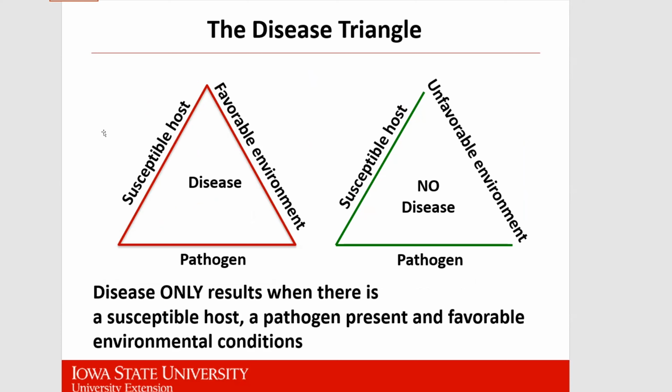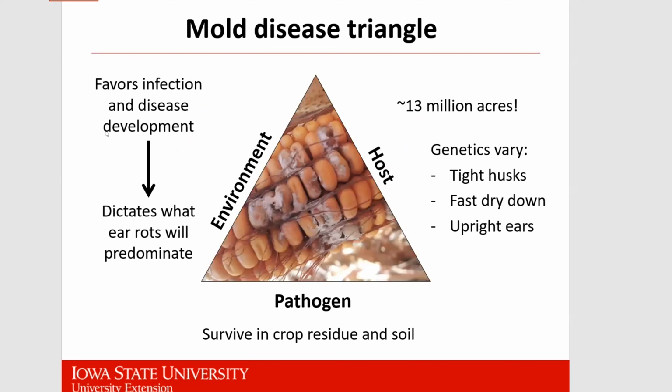One side is a susceptible host, one side is a pathogen, and pathogens are disease-causing biological agents, right? Fungi, bacteria, viruses, nematodes. And then we also have to have a favorable environment, which is arguably the most important part of the triangle, but also the part that we have the least control over, right? So just to elaborate on these things a little bit more,